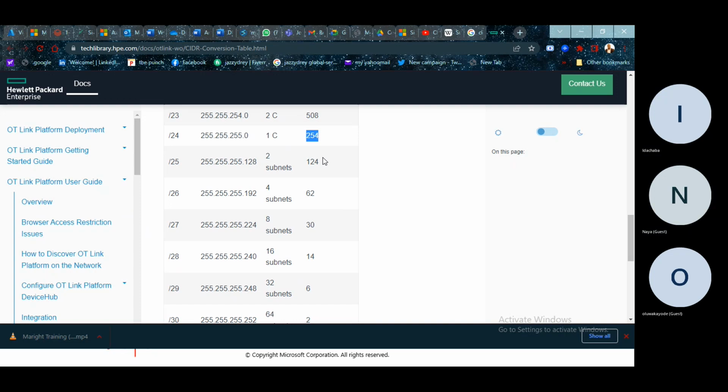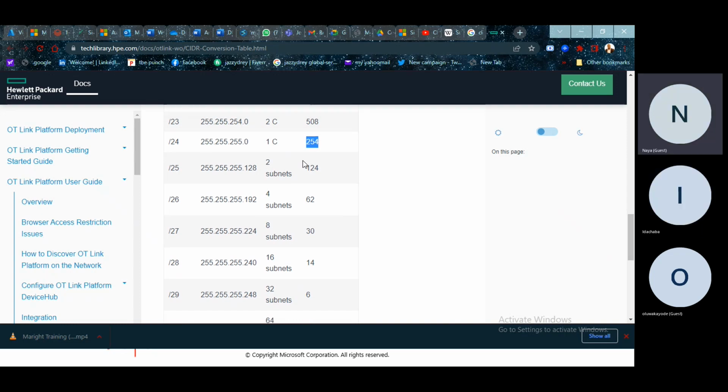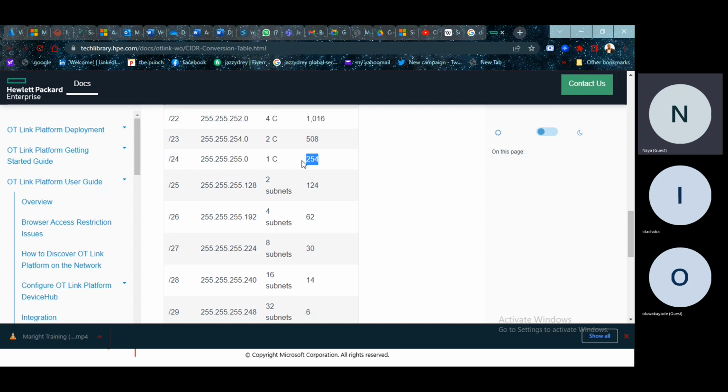127. Even if it's 127, you have removed the network part and the broadcast part that I told you. So it's almost like half of it. Do you understand? So it's like breaking your network into 4 places. So you said you remove the network and broadcast part. That's 125, not 124.